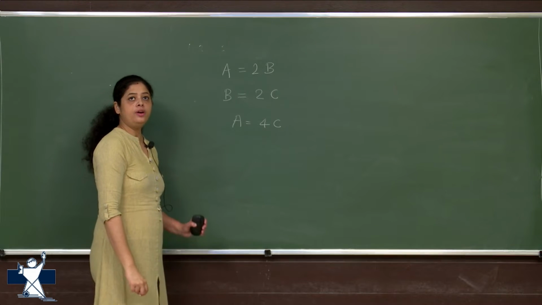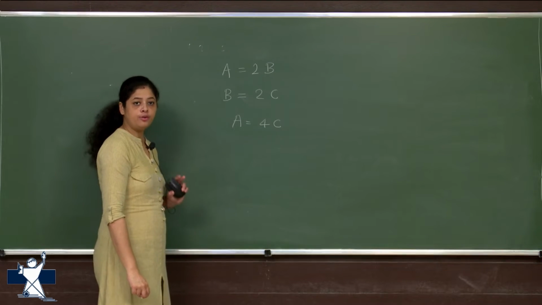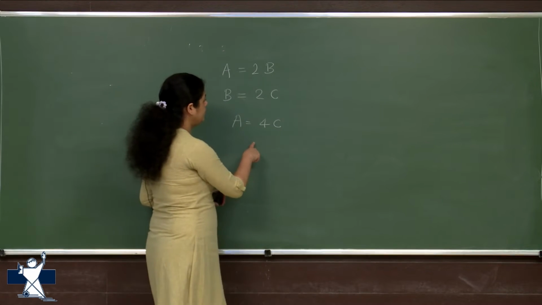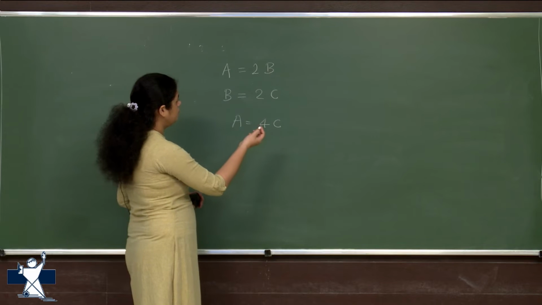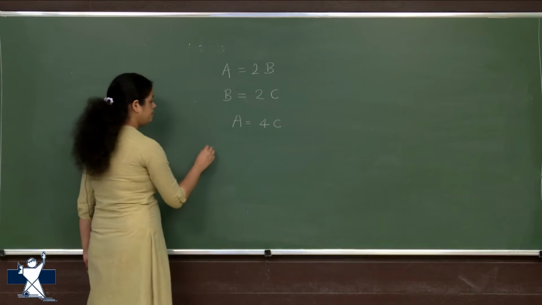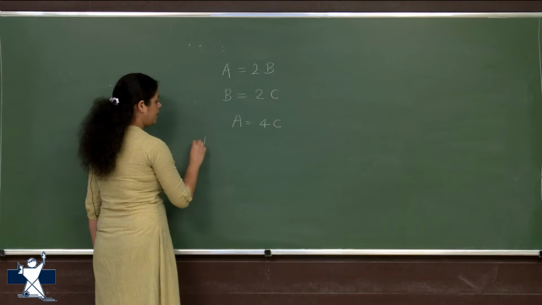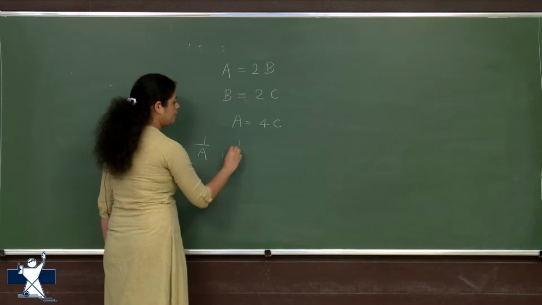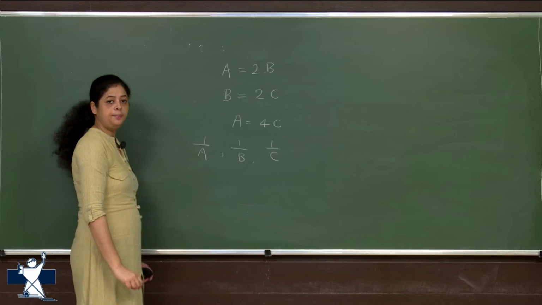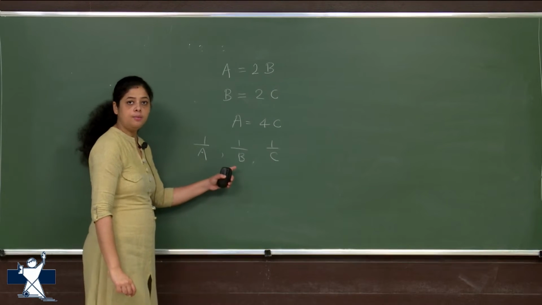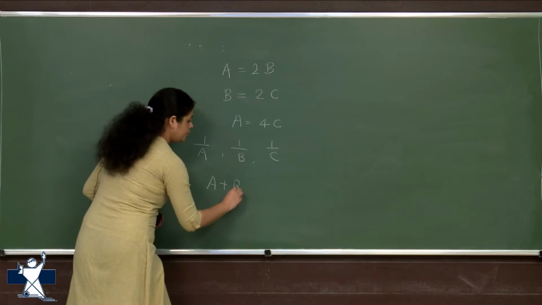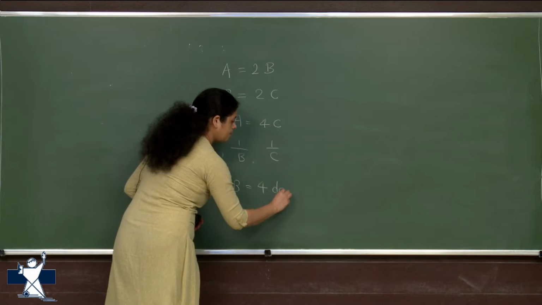Okay. Now if A and B together can finish a work in 4 days is given, right? Now we can assume something, let's assume some initial, or let it be like that. Okay, now A's 1 day work will be 1 by A, B's will be 1 by B and C's will be 1 by C. Okay. Now A and B together complete the work in 4 days. So A and B together are taking 4 days.